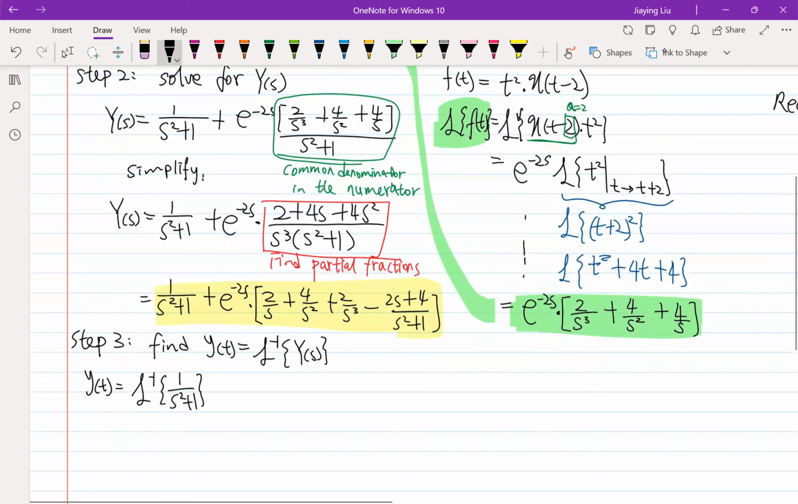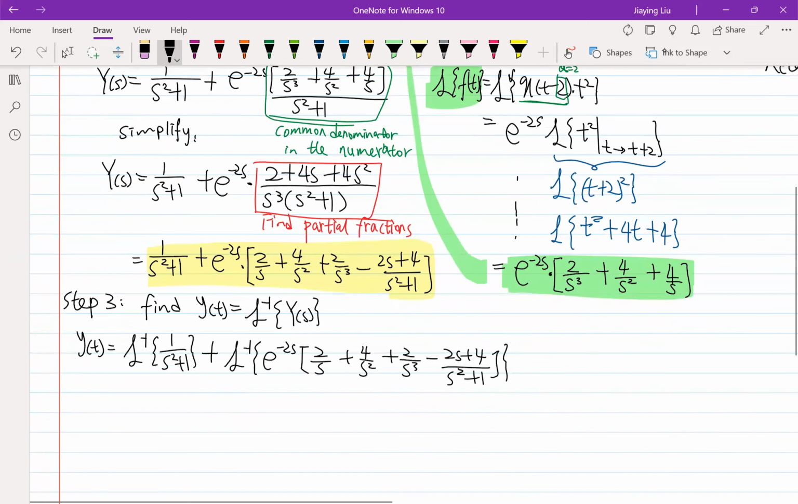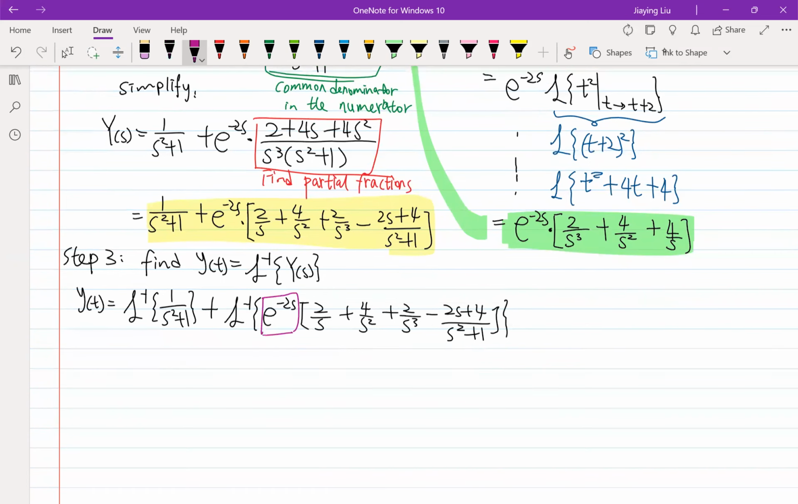Plus inverse Laplace of e to the negative 2s times (2 over s plus 4 over s squared plus 2 over s cubed minus (2s plus 4) over (s squared plus 1)). So what do we do with this product then? The trick is that this is actually a good thing when we have e to the negative as, with a being 2 here. This is where we can use the inverse t translation,